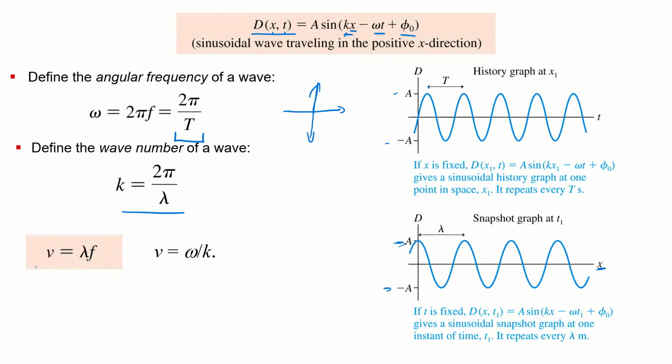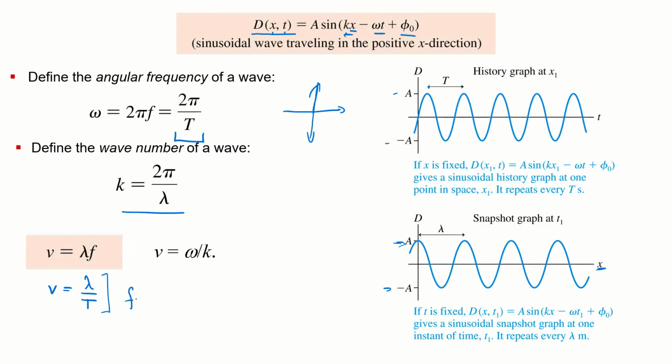Now, the other big thing we looked at when describing these waves is the velocity, the wave speed: how fast these waves are traveling through space. We said that the wave speed was equal to the wavelength times the frequency, or written another way, the wavelength over the period. This was almost our definition for the wavelength. We defined the wavelength of a wave as the distance traveled in one cycle of motion, or in one period. So this ends up being just distance over time.